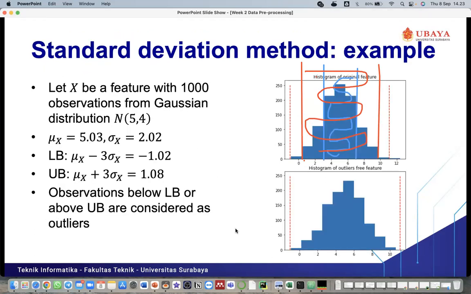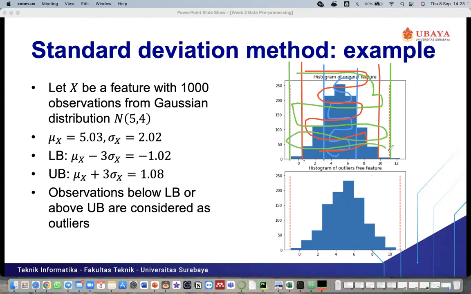And the last one, if the values are inside this area, I will give the green line here, the probability that the values are in this position is 99.7%.